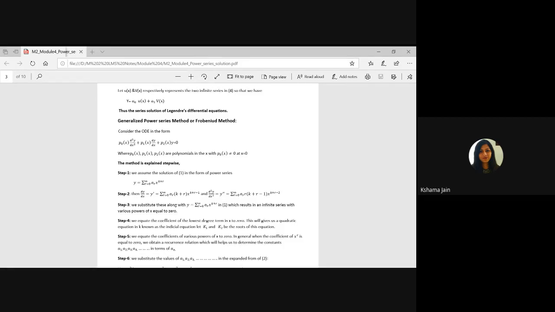On Saturday, I think 12 to 1 I have scheduled that lecture. So be on time on Saturday. I will continue this Frobenius method. And till then, complete your assignment. Submit it today on my email ID. And I am working on my classroom. I don't know what is happening in that. Why it's not accepting. Let me see.